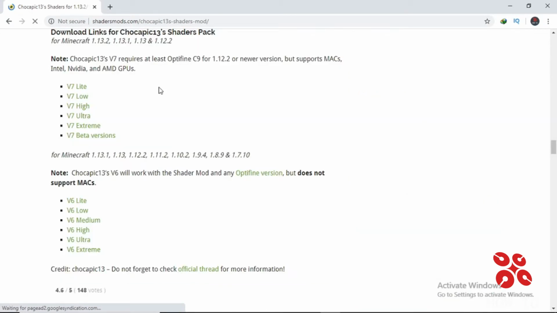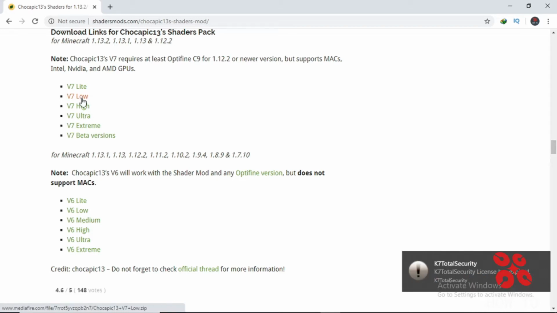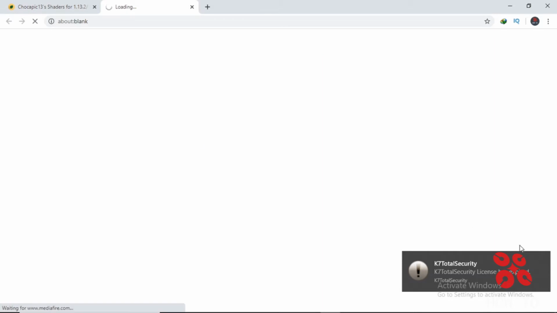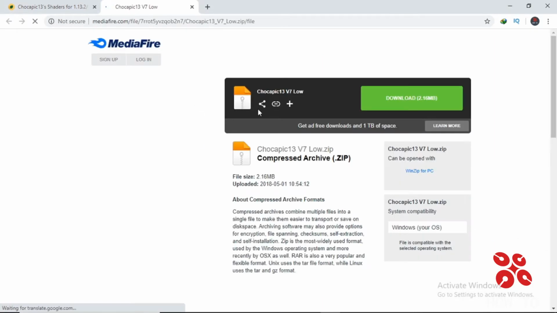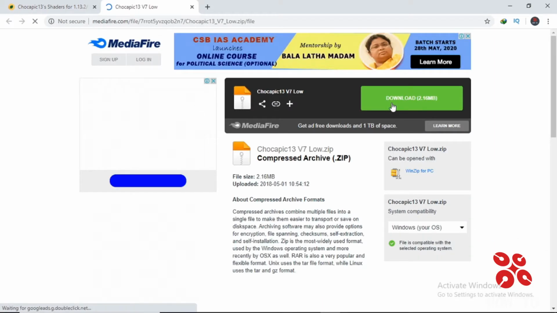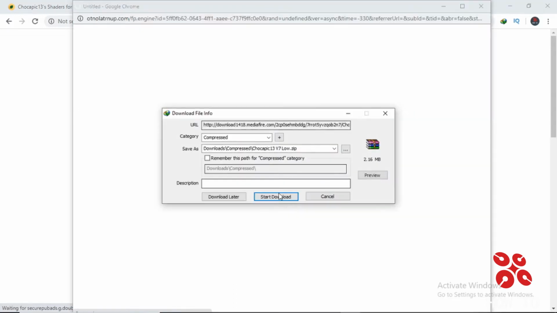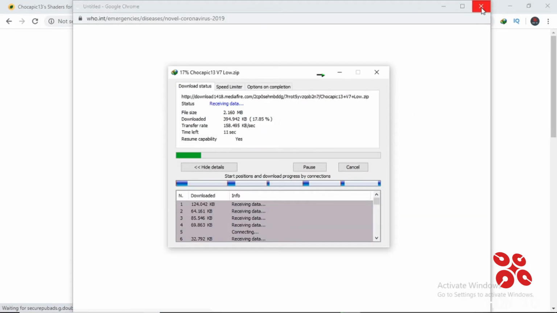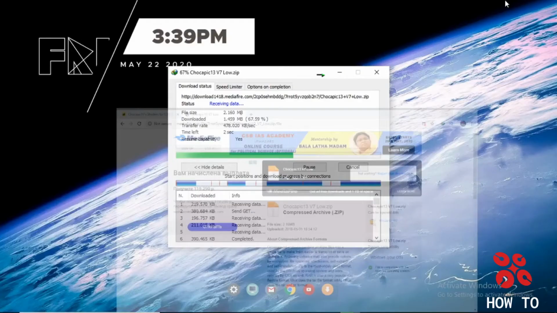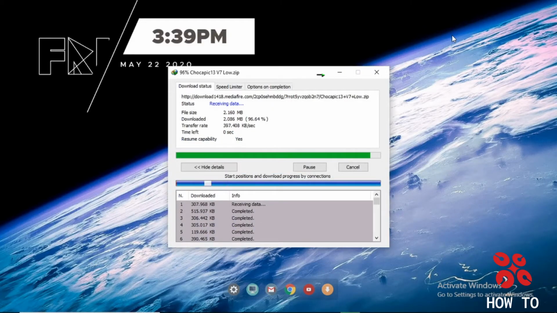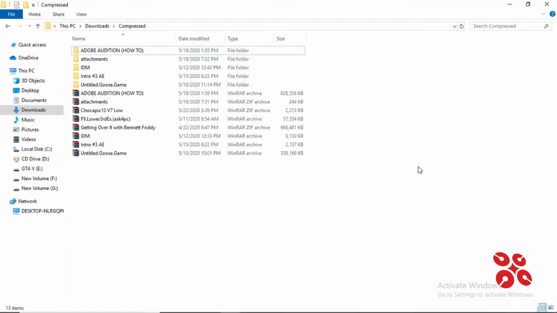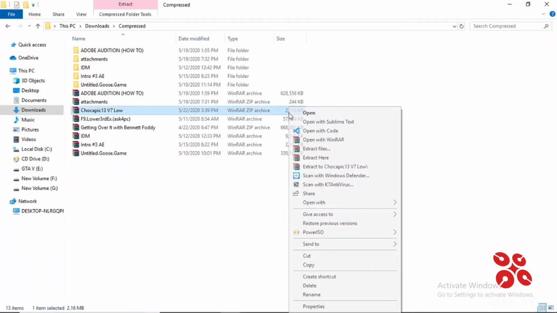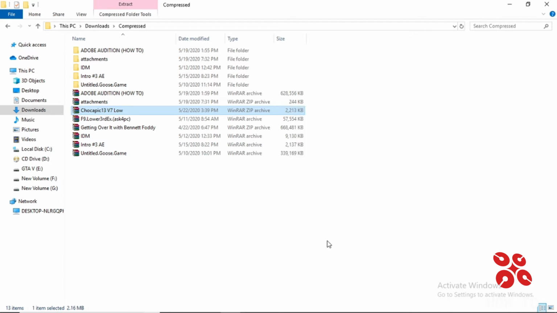I'm downloading the low version for my PC. You may go for it as per your PC supports. After the download is complete, just copy the zip file and paste it into